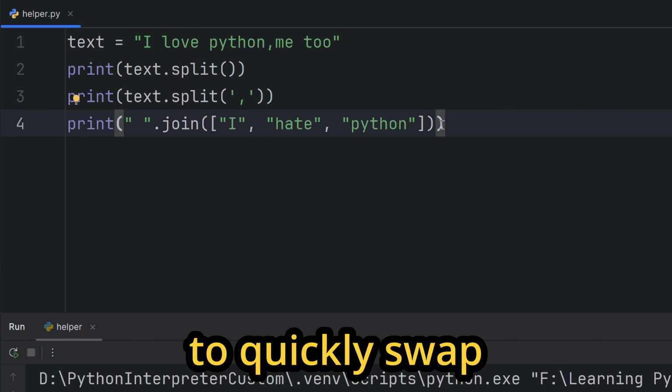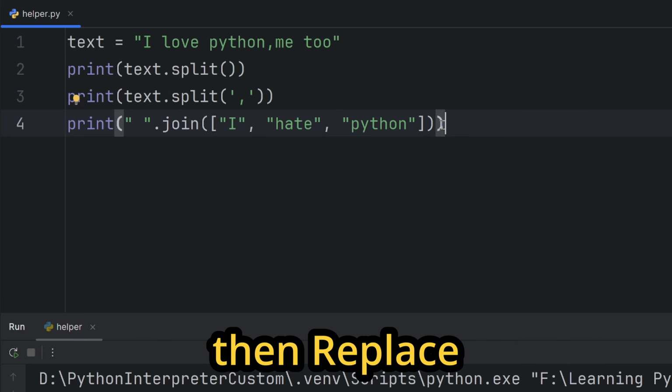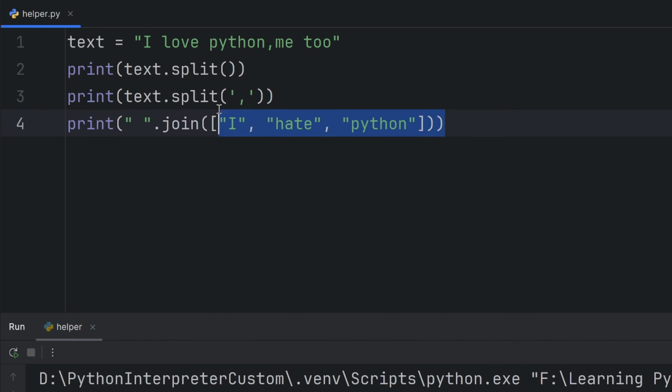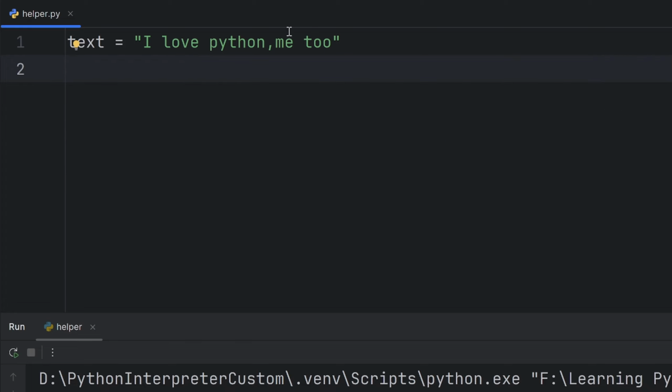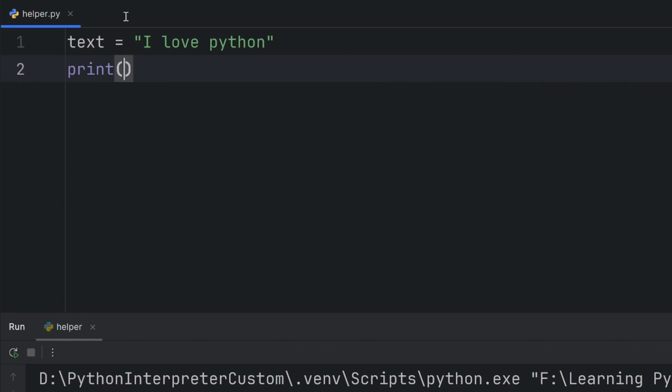Do you need to quickly swap words or characters? If the answer is yes, then the replace function is your best friend. For example, here I have "I love Python", but maybe I changed my mind and now I want to say that I love C++. In that case, I can write